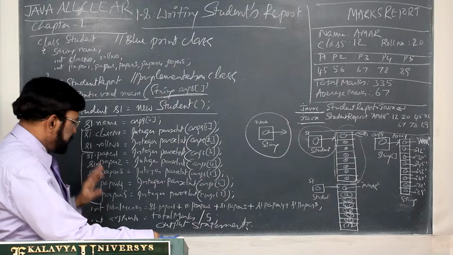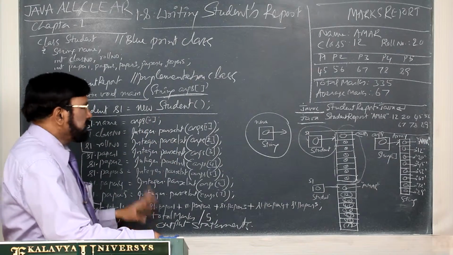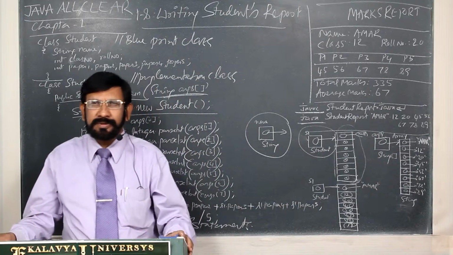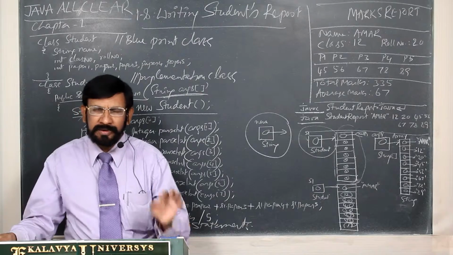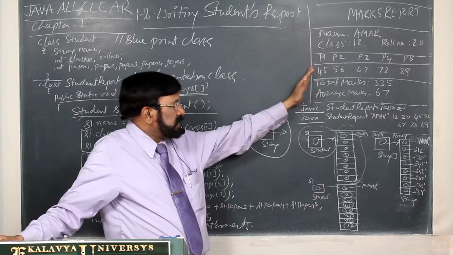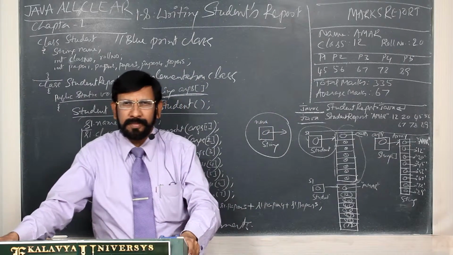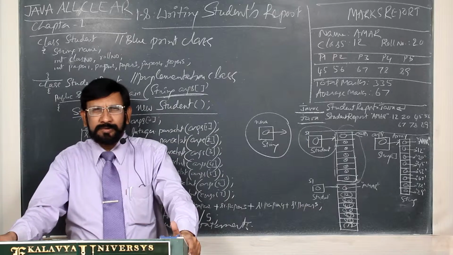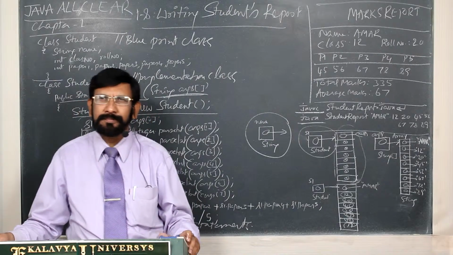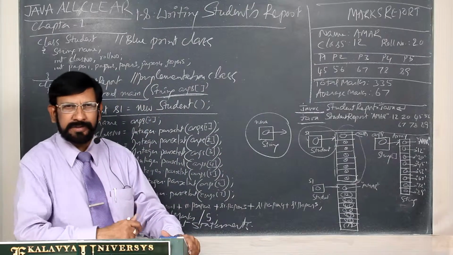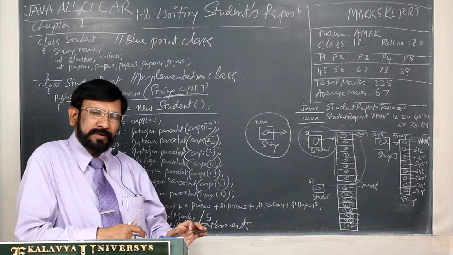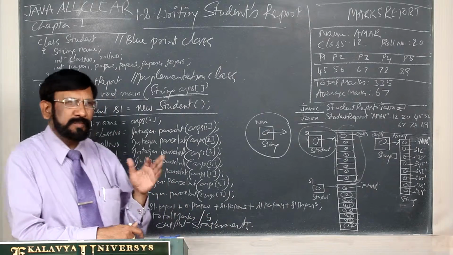After this, now everything is ready. Thereafter, the output statements. Now you should be perfect over SOP, System.out.println statements, and by using them you can write this format. This is the output of the program. In order to achieve perfect command over SOP, System.out.print or println, in the next concept I am giving several examples, and by practicing them, you will be perfect over SOP. Then any program you can write very easily.